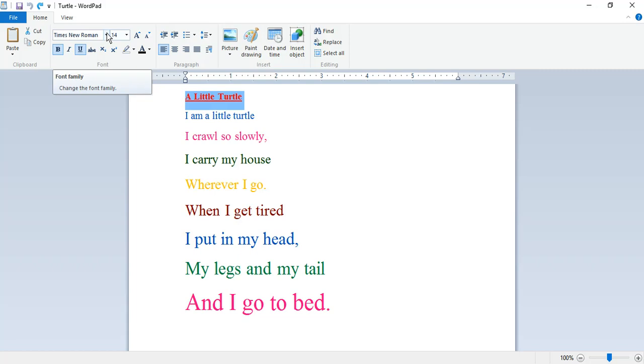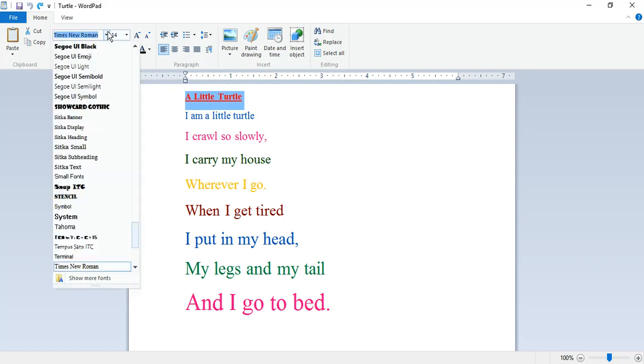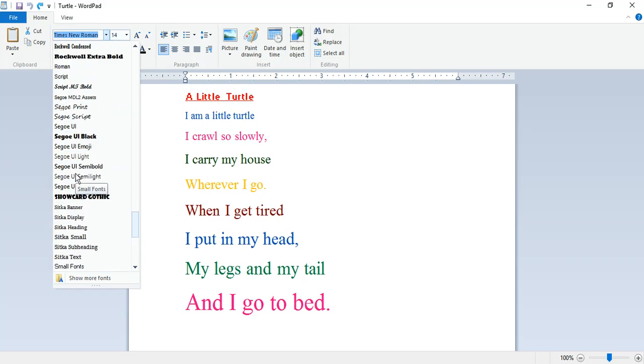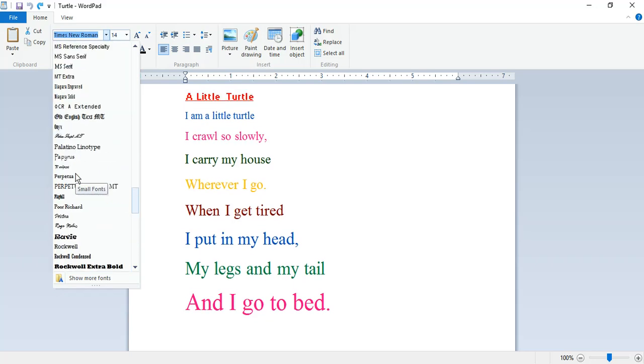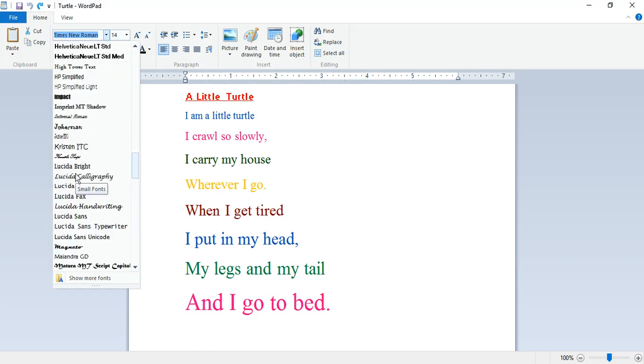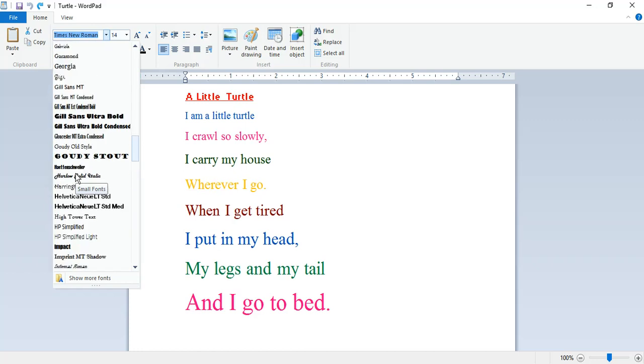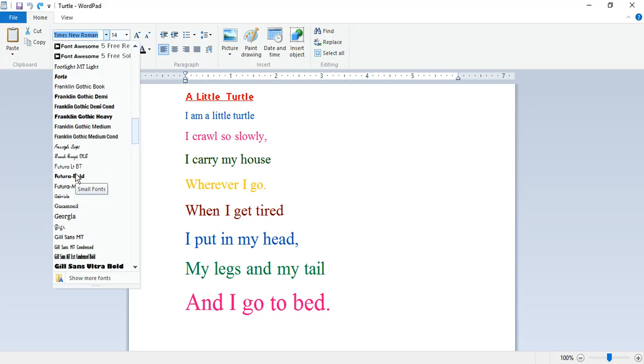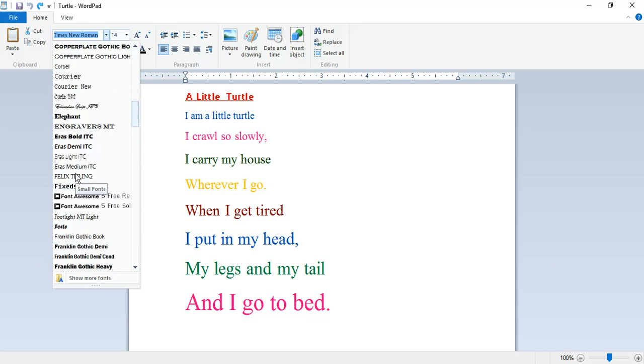When you will click on this arrow, you will get so many font styles here. You can choose any one of your choice from here. You can see all the fonts are coming in alphabetical order and the number of fonts are given here. So according to your choice, you can choose any font from here.